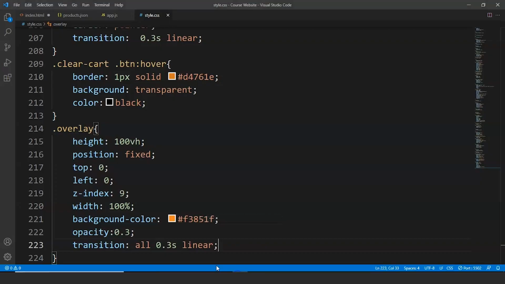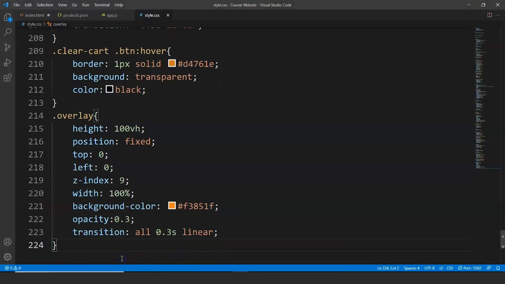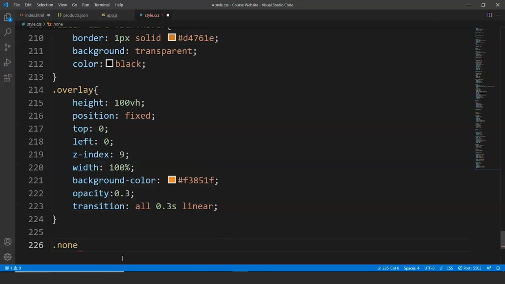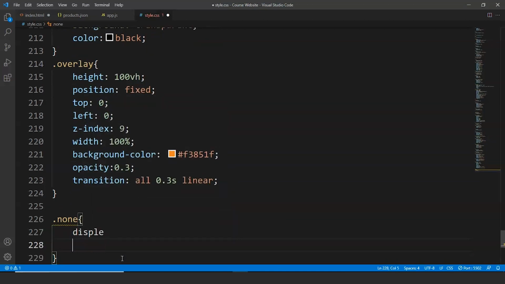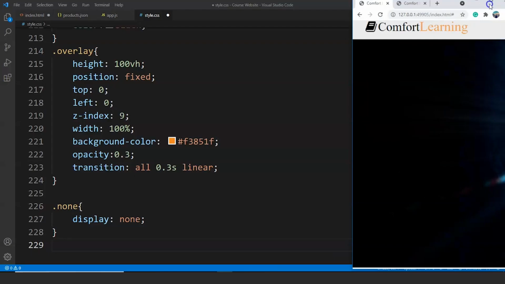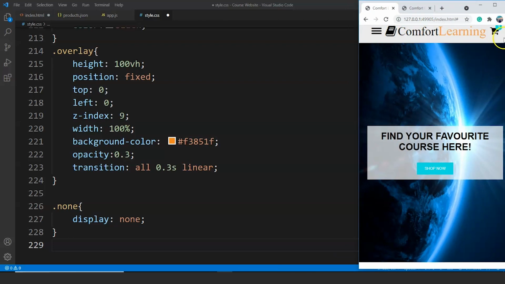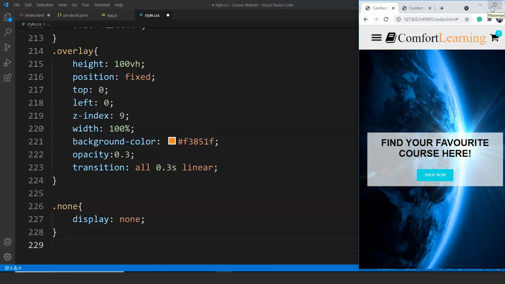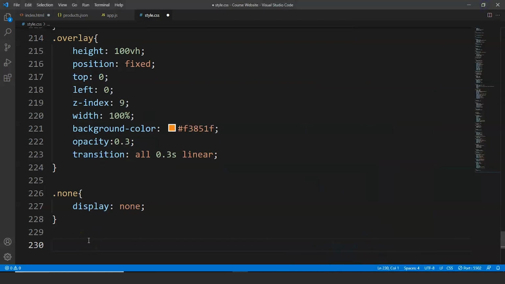Next up, we are going to write the property for none. Display is none. Fine. Now we are going to write the CSS part for tablets and for mobile screens. So if you remember, if we reduce the size of this Chrome browser, the size of our website also reduces and it becomes like this. So to achieve this, we have to write particular CSS code for tablet and for phone. We have to define the max width and we have to do some more things in there. So what we'll do is we'll write here